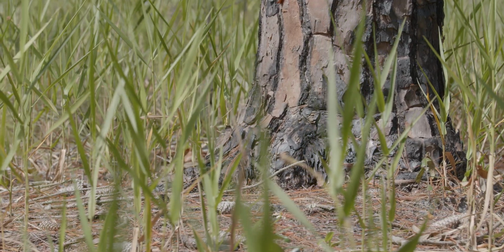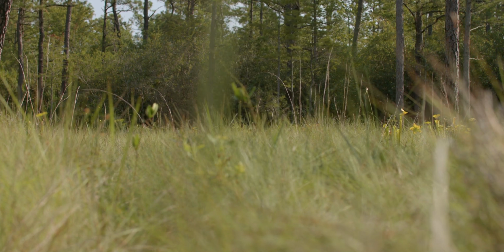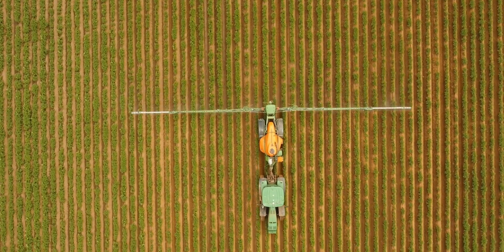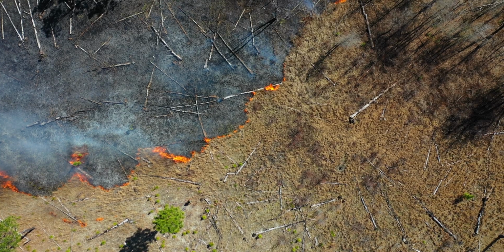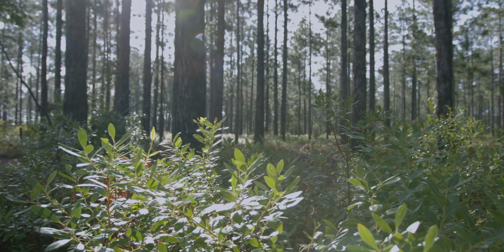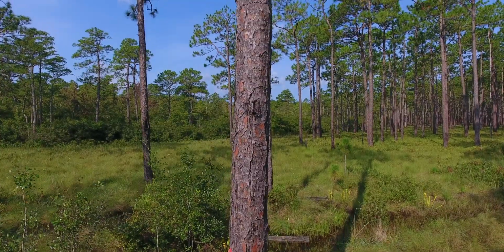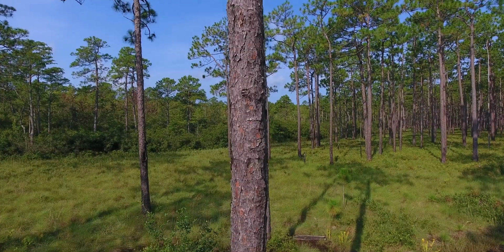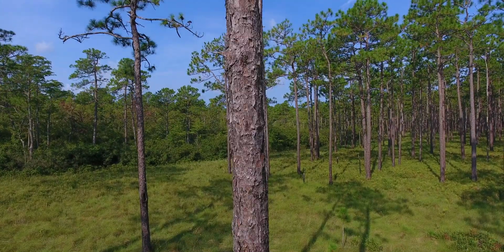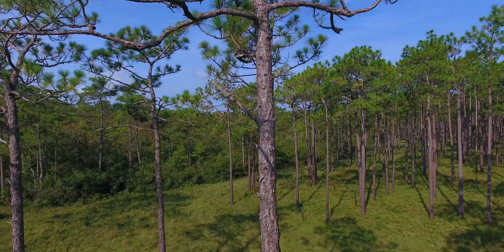Just about every native plant relies on fire in one way, shape, or form. That's why farmers use lots and lots of fertilizer. Well, when we burn, we're turning the other woody material into fertilizer. So plants need sun, water, and food to grow. When we burn up a little bit of stuff, it makes food. It opens up the canopy so it gets more sun, and it reduces competition so there's more food available and